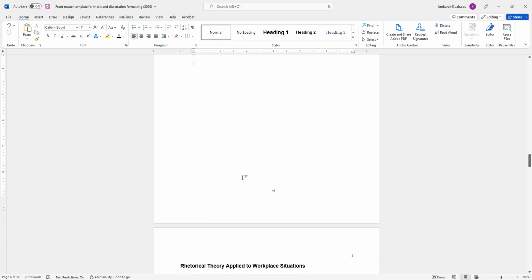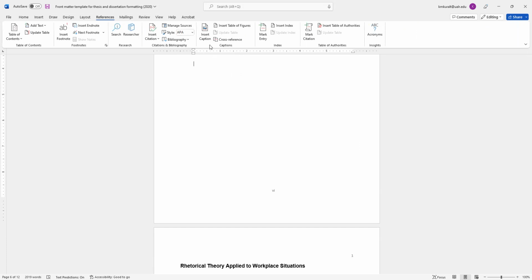Okay, and then you can actually do the same things if you've got a list of figures that you need to add. If you come to the references section and you use the insert caption button, the same way that we did insert table of contents, or excuse me, if you do insert caption underneath your images, then it's like putting a style heading on the image, and then you can insert a table of figures and Word will automatically generate your table of figures too.